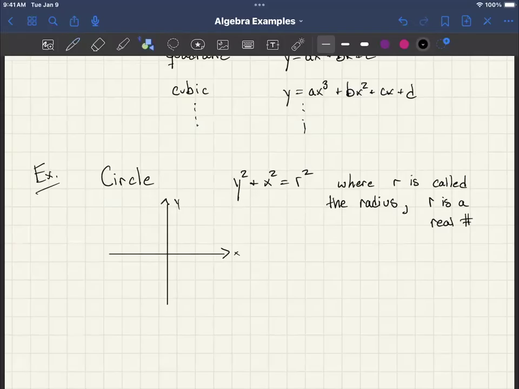Our circle, let's see if I can actually get a circle on here. Oh, there we go. We have our nice little pink circle here. It's a little bit out of focus, but that's okay. We'll call this y squared plus x squared is equal to, let's just say it has a radius of 1. And I'll put a 1 there and a 1 there. So it's always going to hit at 1 on all the points here on our axes,